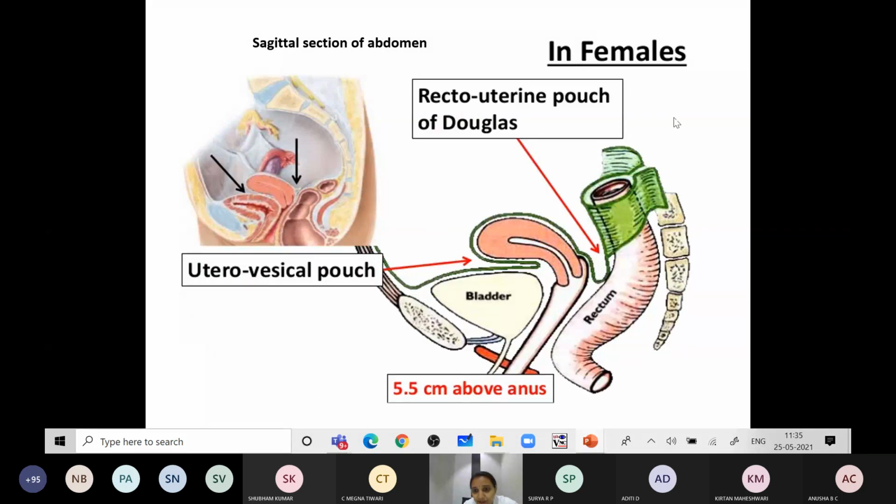In the case of females, the reflection is different because of the presence of the uterus in between the bladder and the rectum. From the rectum, the middle 1/3, which covers the anterior surface, it is reflected over. This is the uterus, vagina, and this middle part is the cervix. It is reflected over the upper 1/3 of the vagina, covers the body of the uterus, the fundus, and the anterior surface of the body of the uterus. It will not cover all the way to the vagina. And posteriorly it is more extensive than anteriorly.